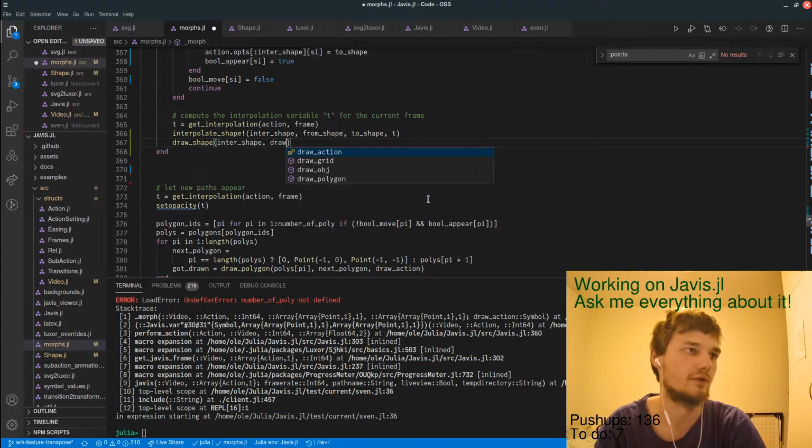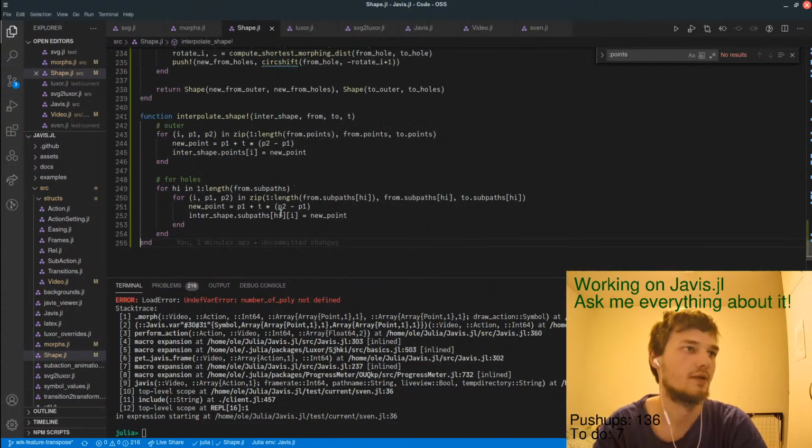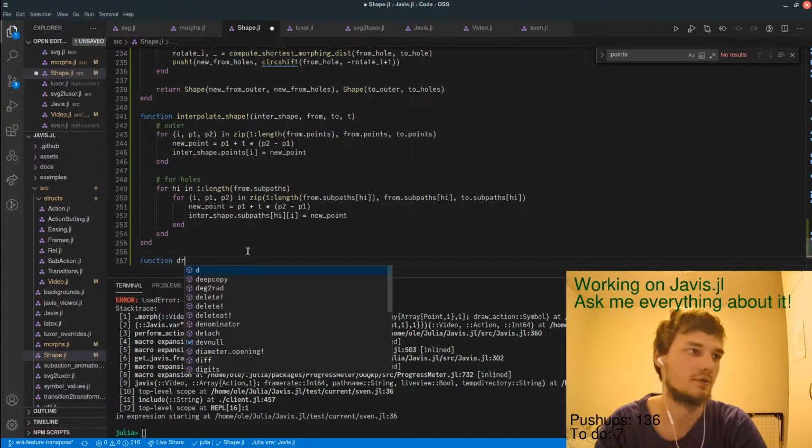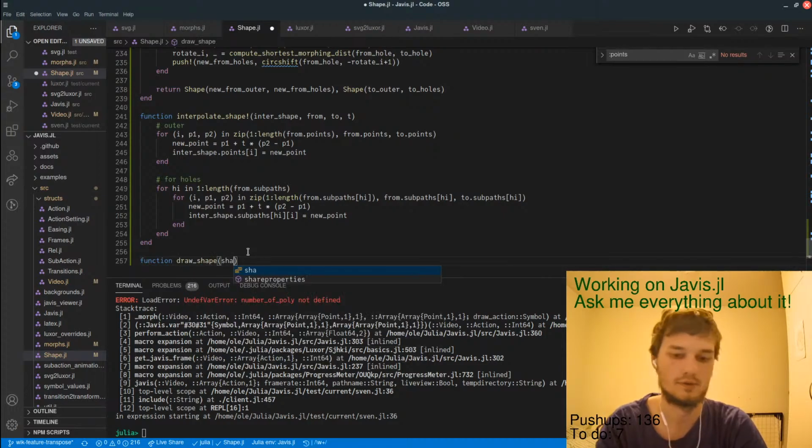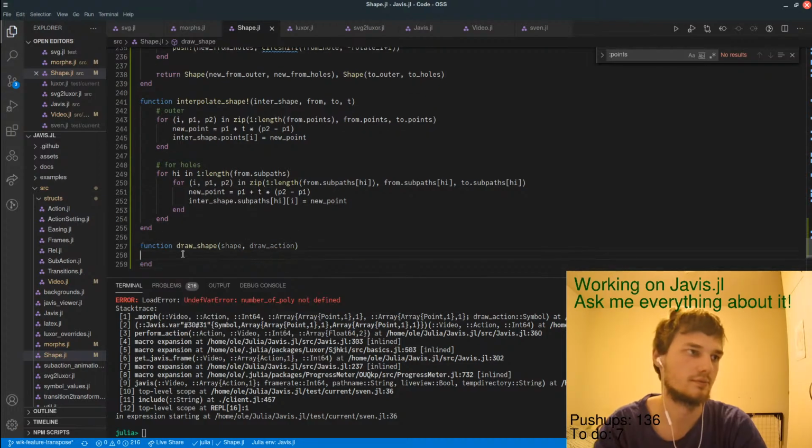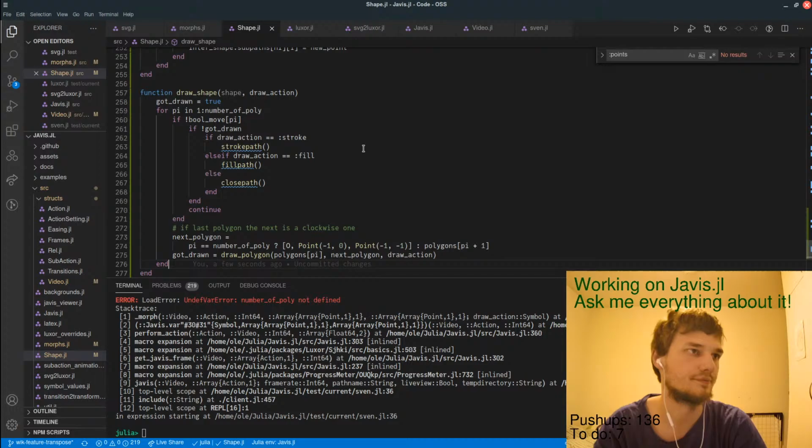We have draw action to it. So function draw shape, draw action. Okay, so basically I can write, let's draw polygon.